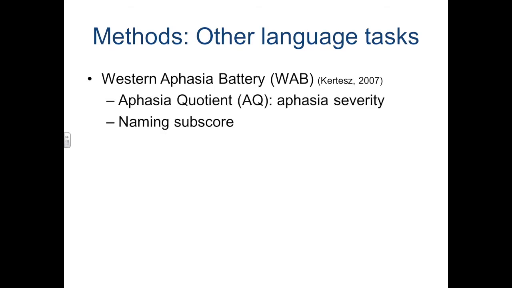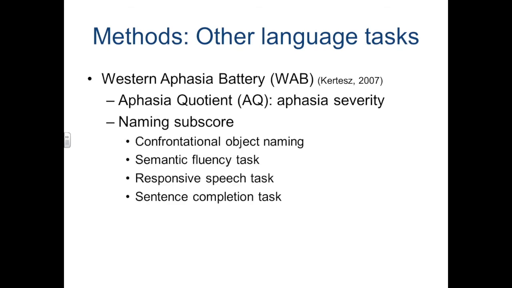And you'll see that I'll show you, we also use the naming subscore of the Western Aphasia Battery, which is made up of 4 different subtasks, each one of them associated with a number of points. And the total is then transformed into a total naming subscore. And we focused, as potential confounders for our behavioral main task, which was the picture description task, on these 2